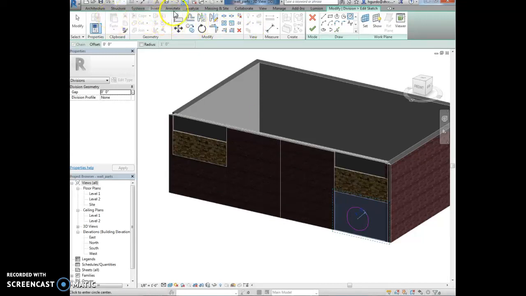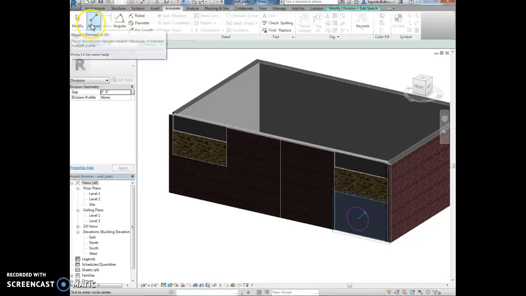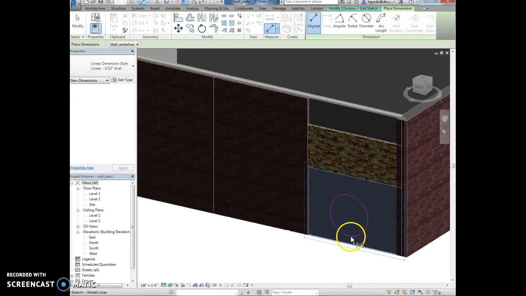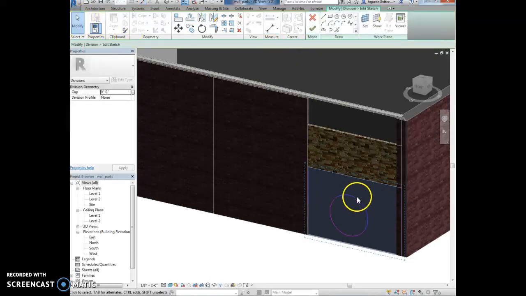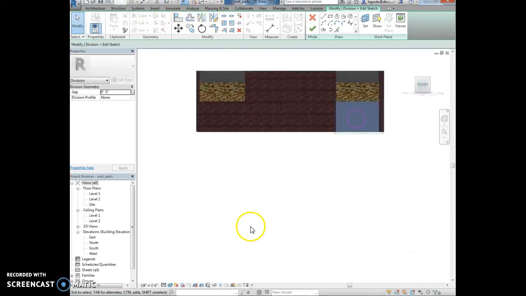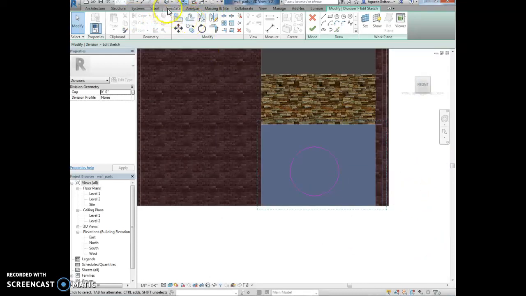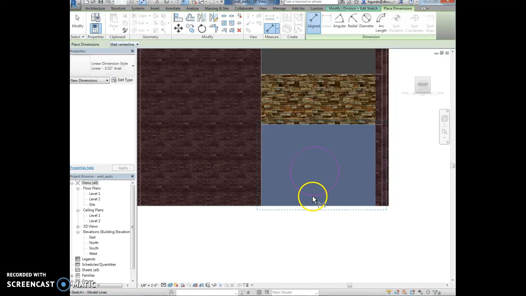So let's go to annotate, dimension, and we want to dimension the circle here. Actually, we're going to select the circle first. Then we want to do that dimension. Let me see if I can look at the front of it here. There. It's going to allow me to dimension a little bit easier. So aligned,